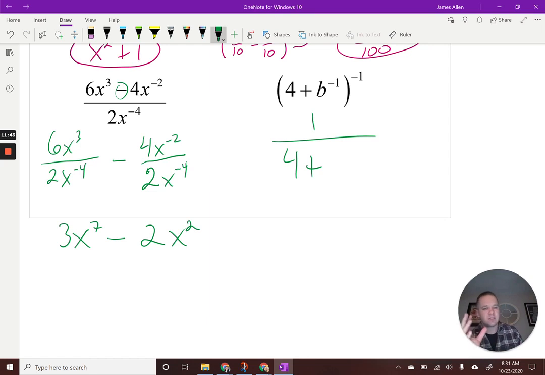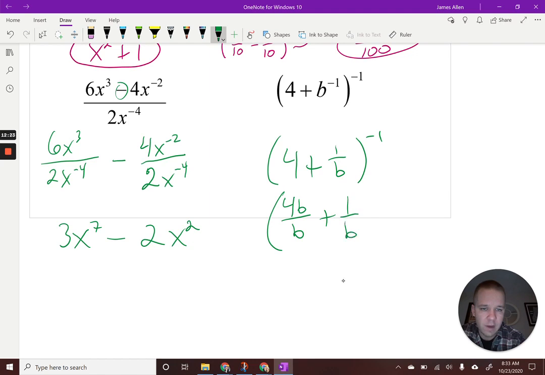Since we have already done this a couple times, I'm just going to flip this one right there to be 1 over b. Actually, you know what? On second thought, I'm going to keep it like this. Okay? Because if I can simplify what's inside the parentheses there, and it becomes a fraction, which I imagine it will because of the 1 over b, I can just do the reciprocal at the end. So let's go that route. Okay? So I'm changing course right away, which is something that you might have to do with these exponent problems if you get stumped. Okay, so I'm going to get a like denominator, so it'd be 4b over b